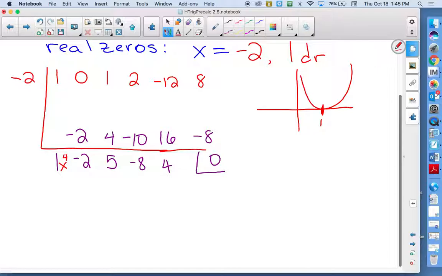What do you do next? Alex? And what are you going to divide with? Well, what numbers do we put up top here? The answer that you got. Yeah, the answer that you got. So our goal is to break it down. So now we're going to use the answer we just found that was already broken down to x to the 4th. Take those coefficients